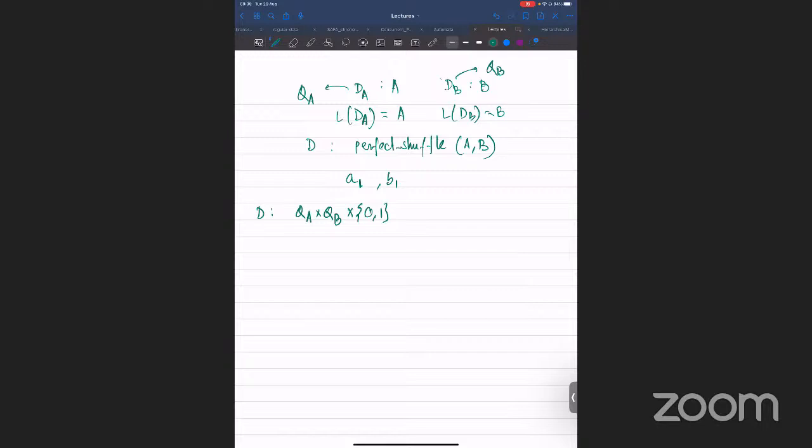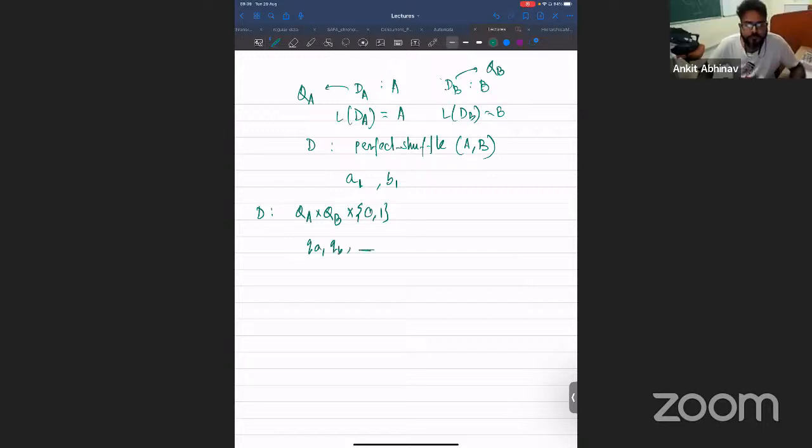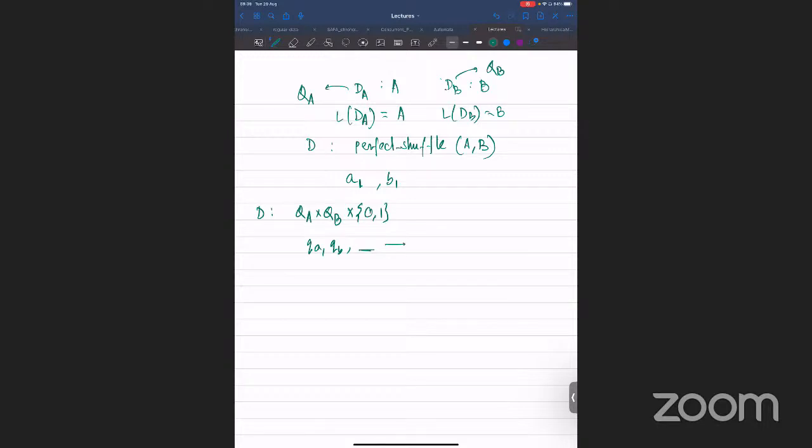So I think it is like a product construction, right? Yeah, it is like product construction. And so what are we saying? So you have a state, let's say QA comma QB, correct? And then the 0 or the 1 here will essentially remember whether it is A's turn or B's turn, correct? So you can say initially, maybe your initial state is like this. So QA, I can say QAI, QBI,